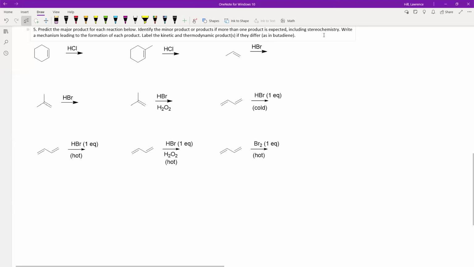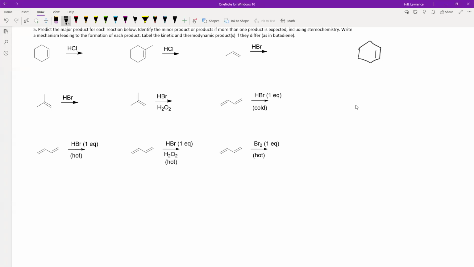But once you see the mechanism for one and you realize they all have the same mechanism up to a point, then you probably don't need to show the mechanism for each of them. But let me get into the details. I think that'll become more clear. So for the first one, we're going to do it all. We're going to start off. So I'm looking at this first one at the top left. So I have